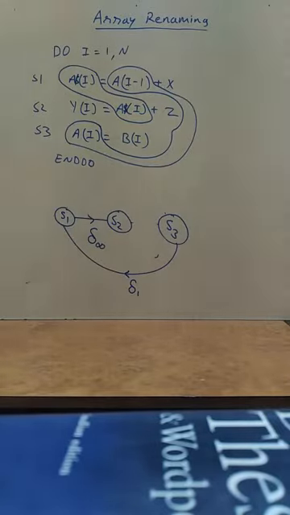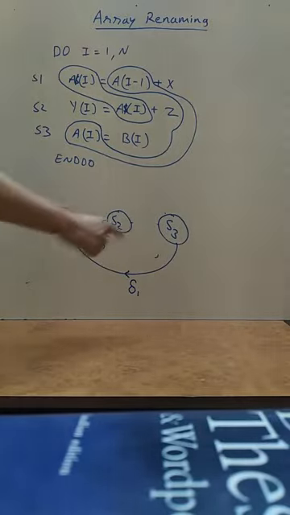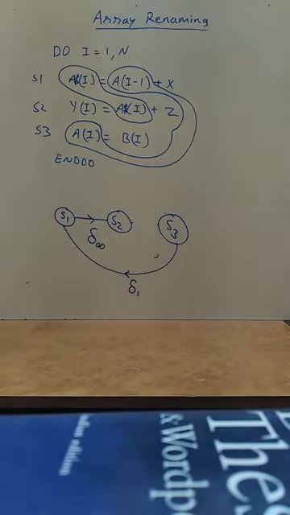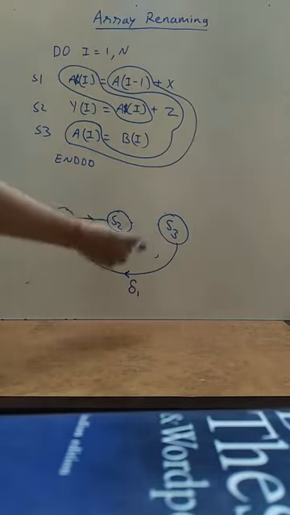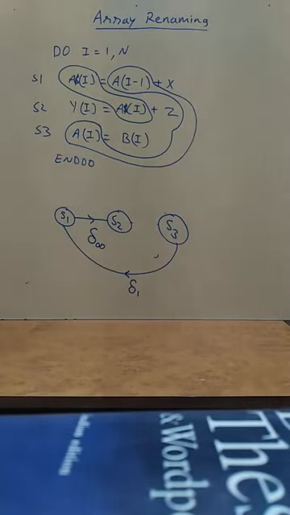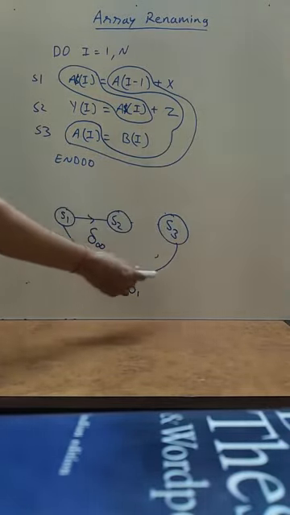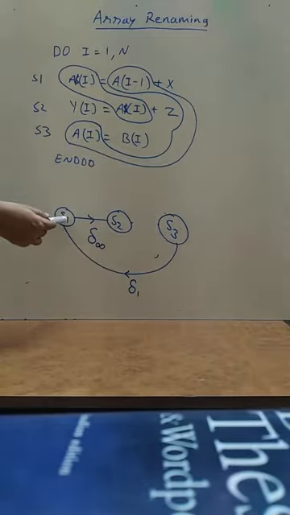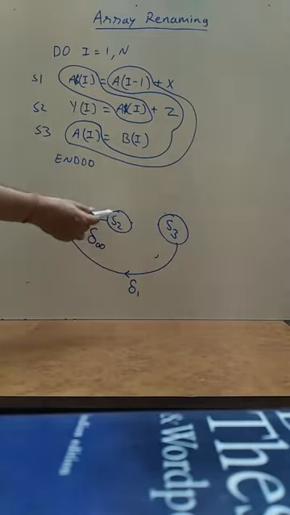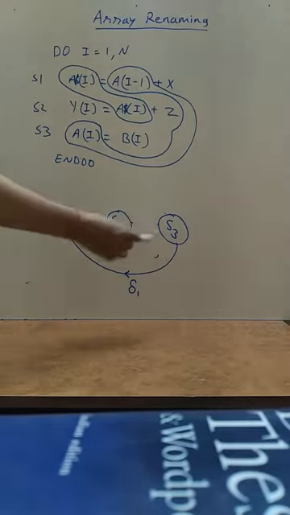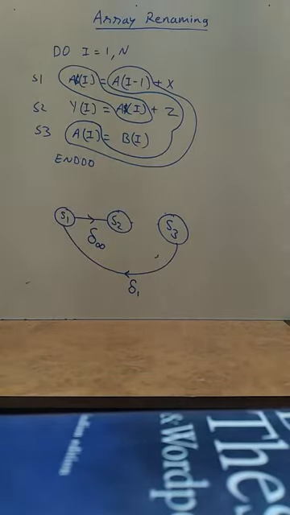So if you remove this, then what remains? Only two dependences, S1 to S2 and S3 to S1. In this dependence graph you can clearly see that there is no cycle. If there is no cycle, then you can vectorize this, and the sequence would be, first you need to execute S3, and then since it has a dependence to S1, S1 will be executed, then S2 will be executed. So first S3, then S1, and then S2, and then you can vectorize this program.